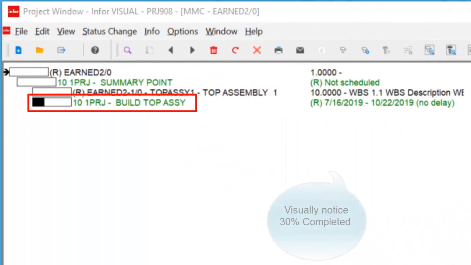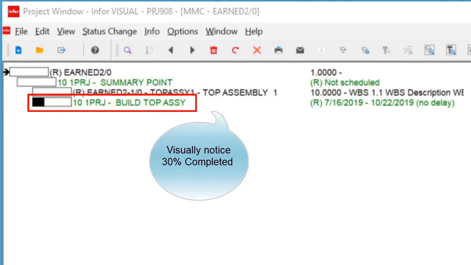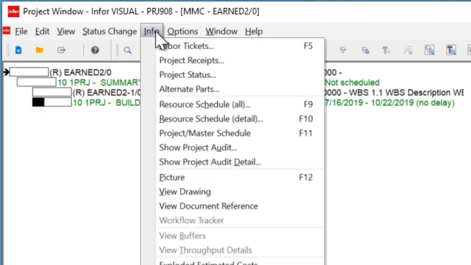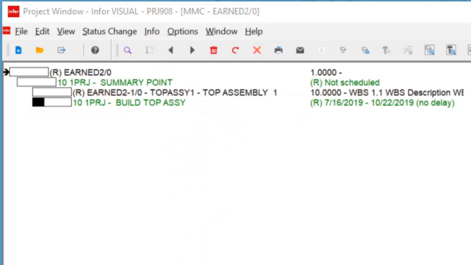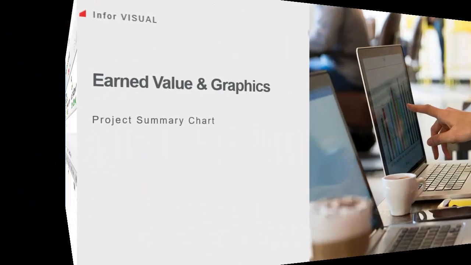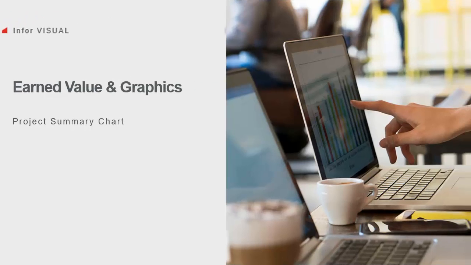Additionally, on display, you can notice in the project window, my project is now at 30%. Further, you can look at labor tickets for the project task, and you'll notice that the earned value does create a labor ticket for this entry. Now that we have some of the earned value examples entered, let's go through and take a look at the